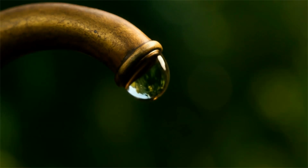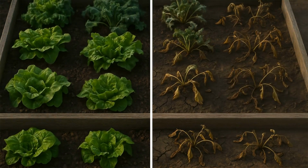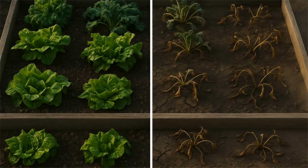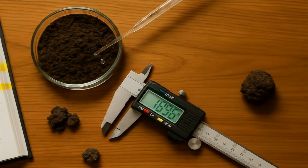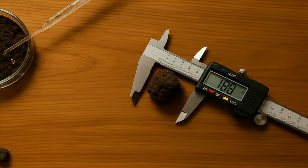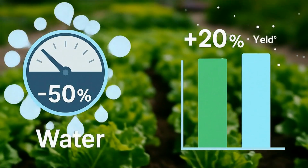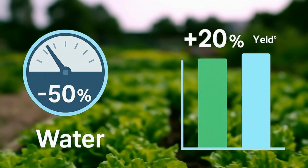Before that droplet falls, it has already decided whether your beds will burst with growth or limp to harvest. Globally, growers waste billions of liters of water and entire crops to 5 avoidable watering errors. In the next 10 minutes, we will correct each one using peer-reviewed science and field-proven practice. Stay focused. Every principle we cover today can cut your irrigation bill in half and raise yields by more than